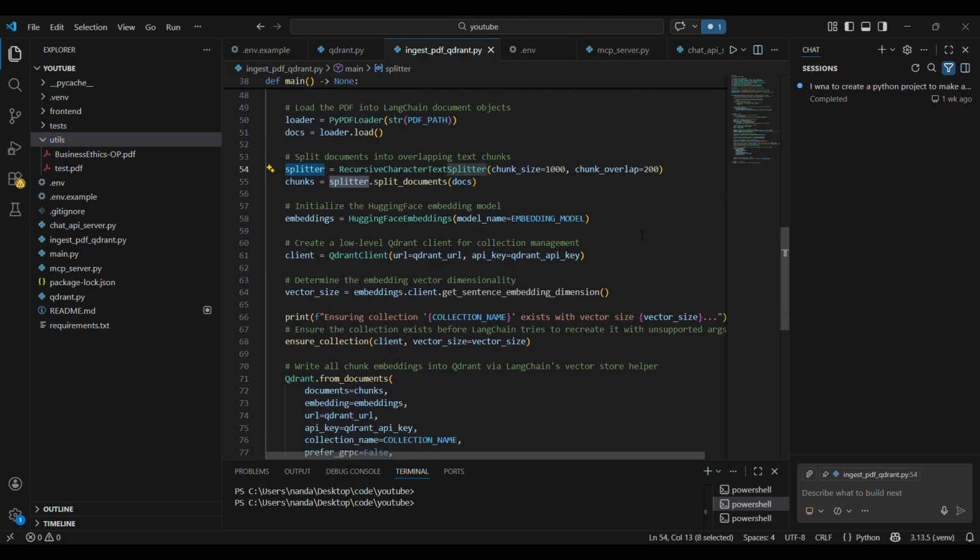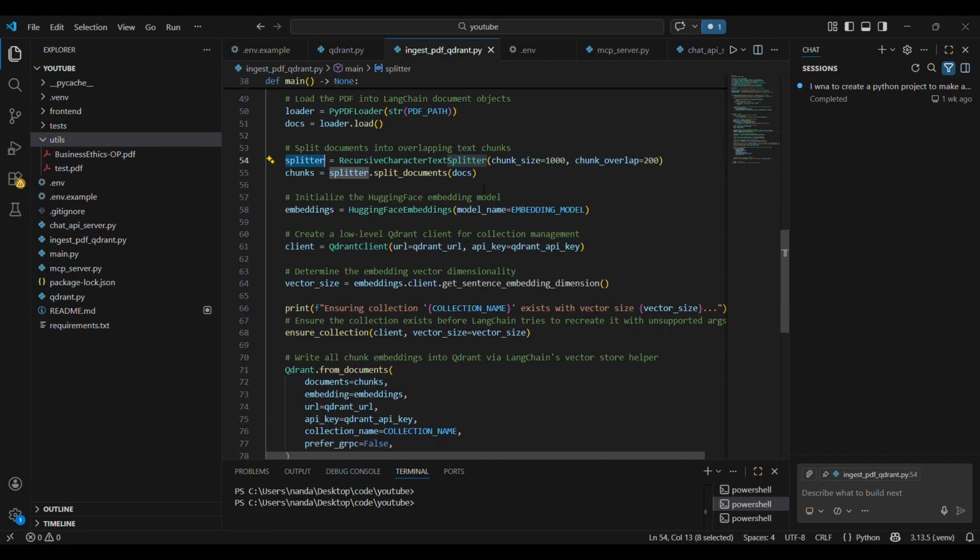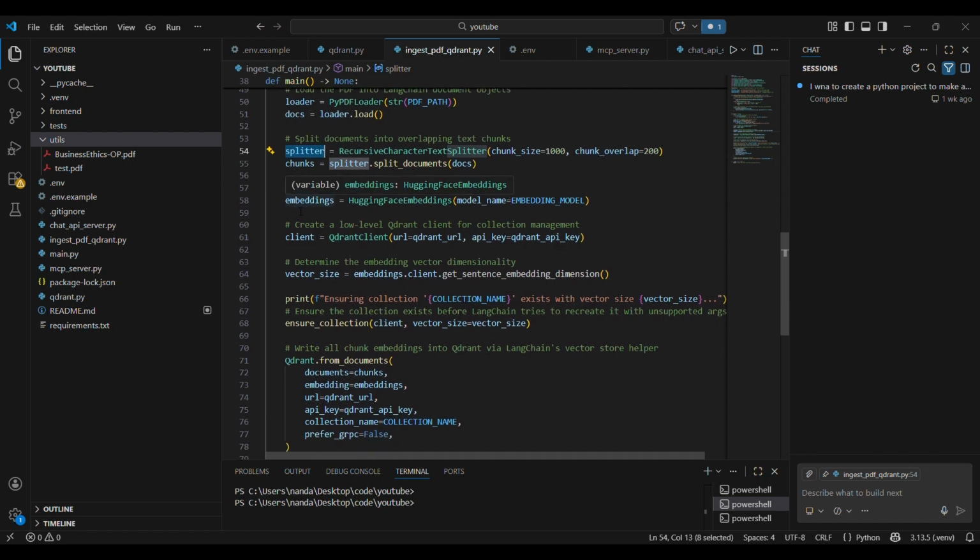I will create one more video on what will happen if I increase the chunks and if I decrease the chunks and the chunk overlap. I will create another video. And coming to line 58,